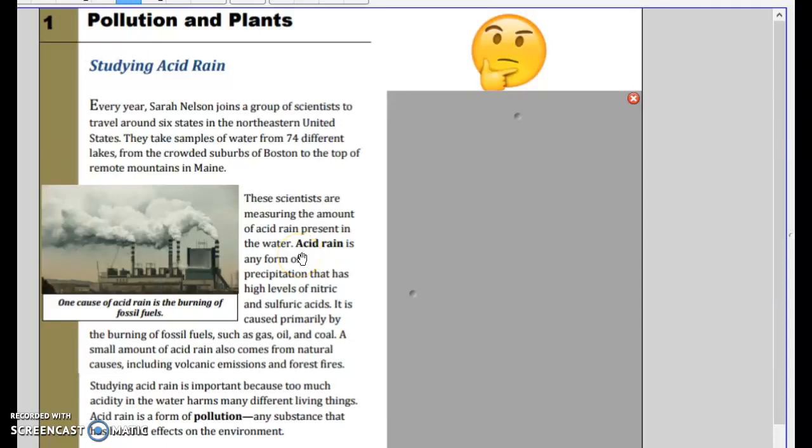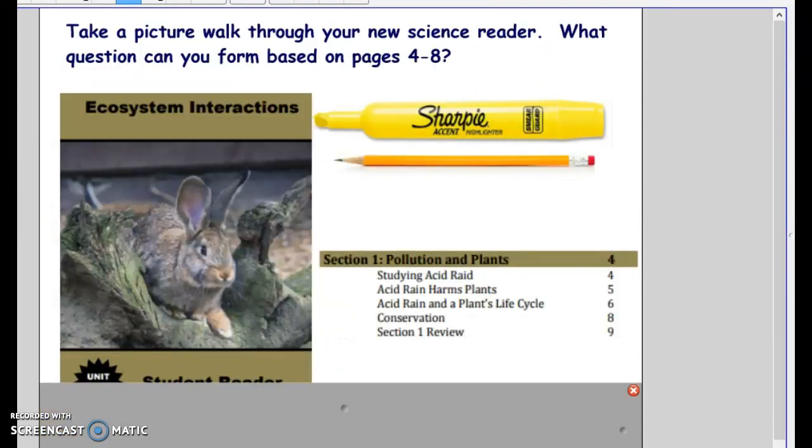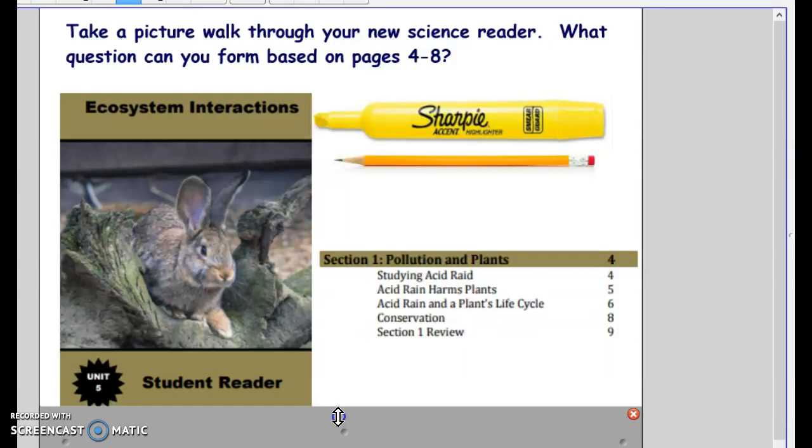Hello, fifth graders. Okay, new reader, and the new reader, let me back up a page here for a minute, is called Ecosystem Interactions, and I'm going to ask you to read just the first section here, section 1, Pollution in Plants,